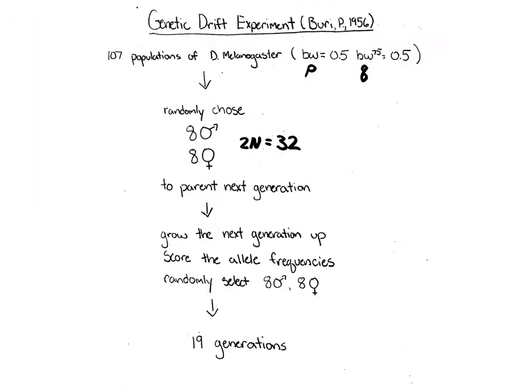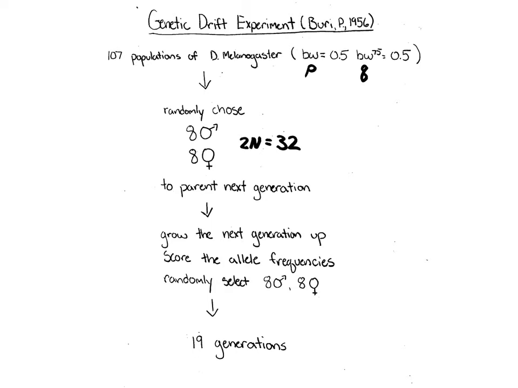Okay, so we've seen through computer simulations and mathematical exercises what should happen to populations, but just as before, it's always nice to bridge that gap between the theoretical and the practical or the experimental. And Peter Buri did this with fruit flies, a sort of classic fruit fly experiment, Drosophila, back in the 1950s. What he did is he created a bunch of different populations of Drosophila melanogaster, which are the fruit flies,